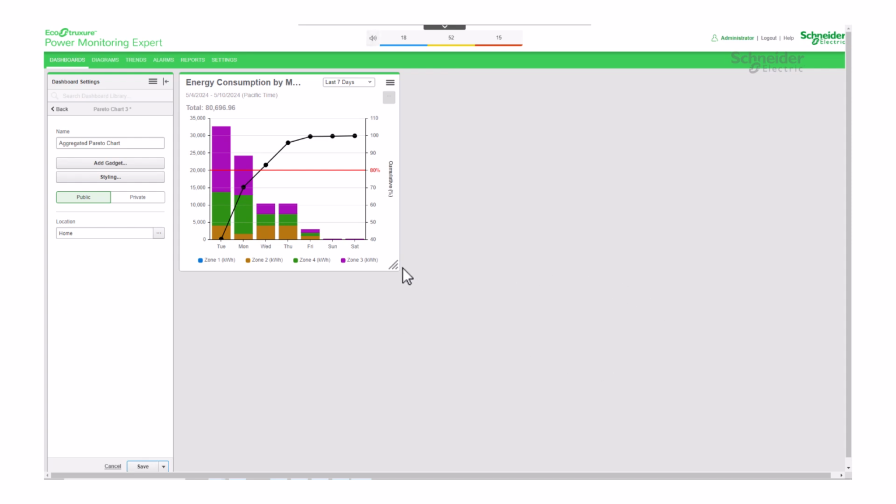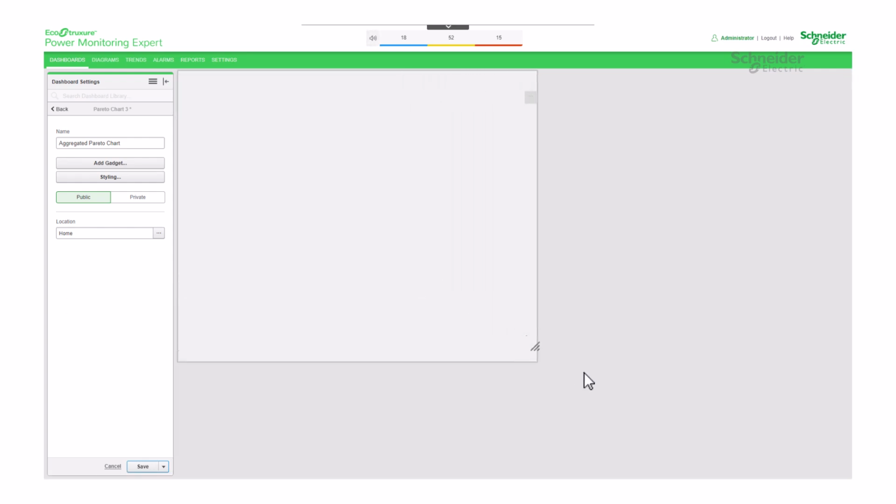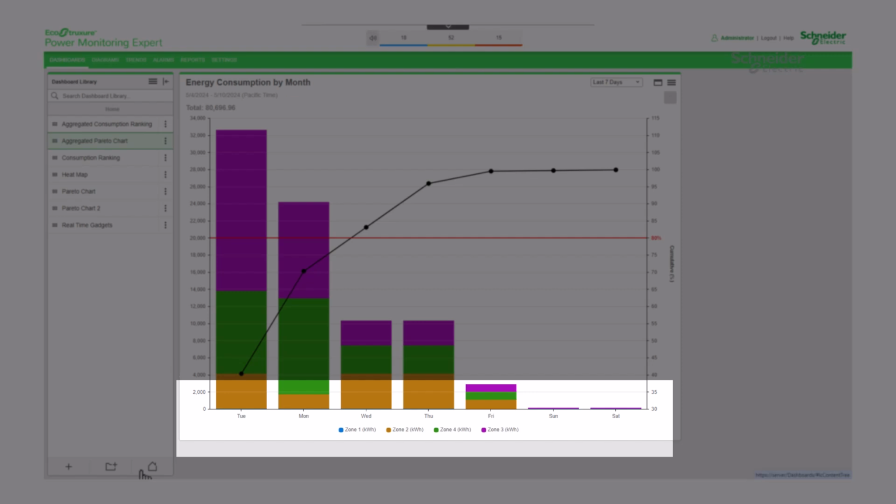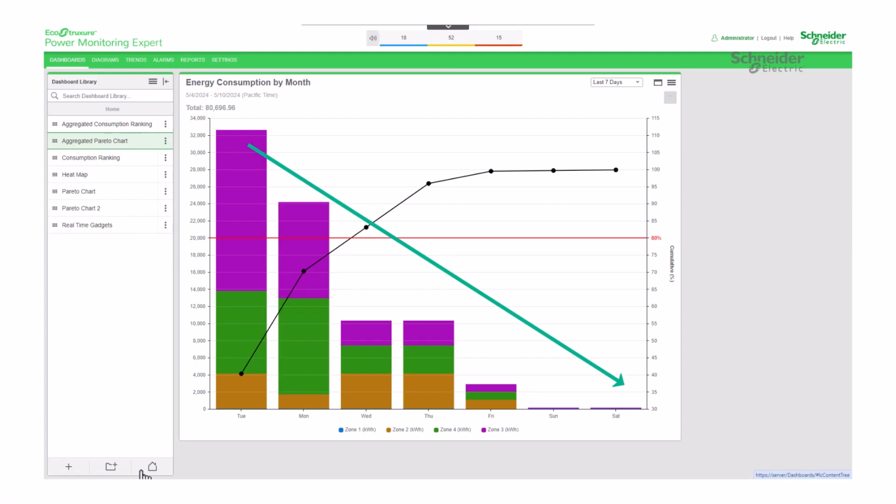Now that the gadget is built, let's analyze the results. With the viewing period set to the last 7 days, on the horizontal axis, we can observe the last 7 days organized, from left to right, based on higher to lower consumption.